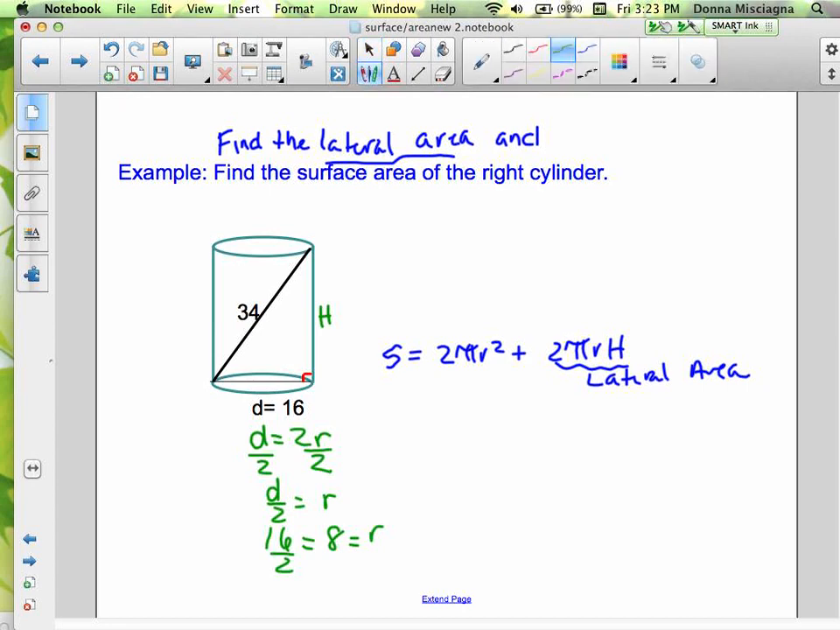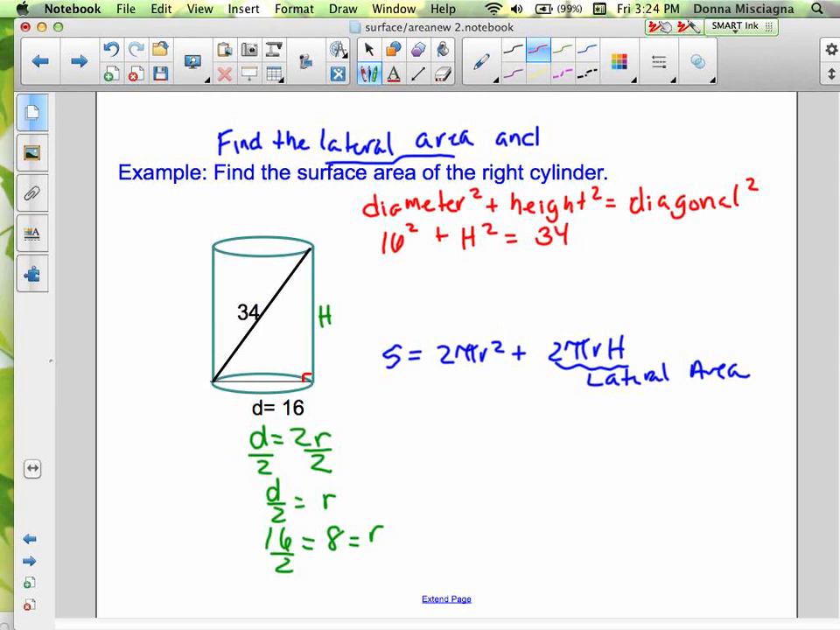All right, so finding the height. It's always going to be diameter squared plus height squared equals the diagonal squared. There we go, so I can see where to put my square. All right, so our diameter is 16. 16 squared plus our height squared is equal to